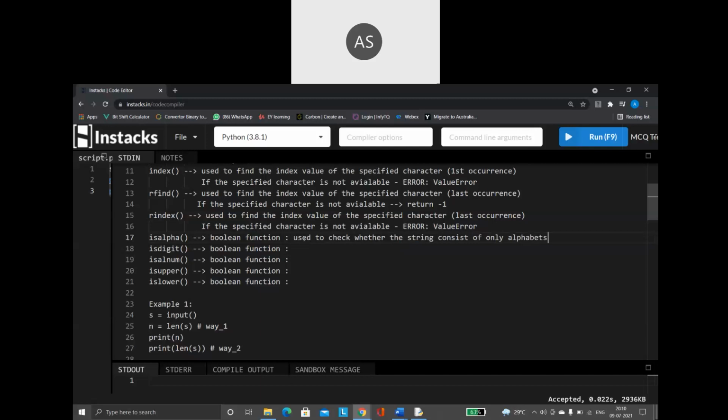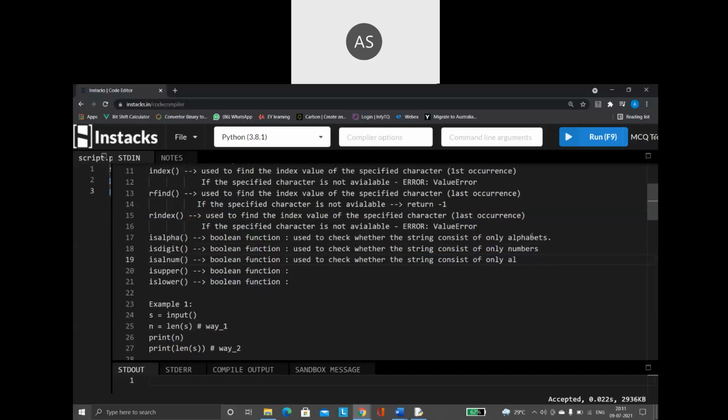It will return true if my string consists only of alphabets. Same way, isdigit is a function that is used to check whether the string consists of only numbers. Then I have a function called isalnum.